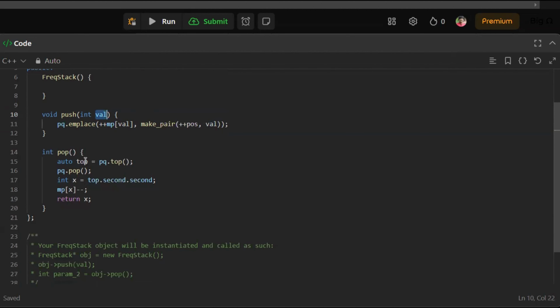Now for the pop method, we have to simply take the top element from the priority queue and remove it. And we have to decrement the frequency of the corresponding element in the map. Finally, we have to return the last element from the map. I hope you understood the